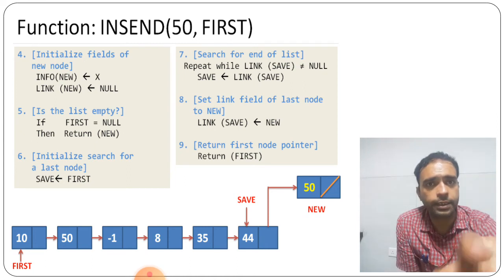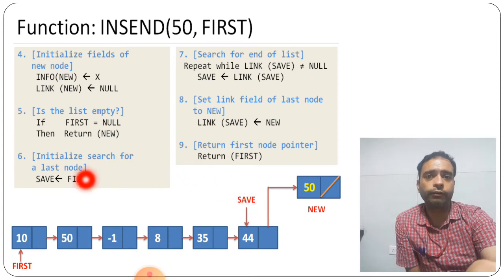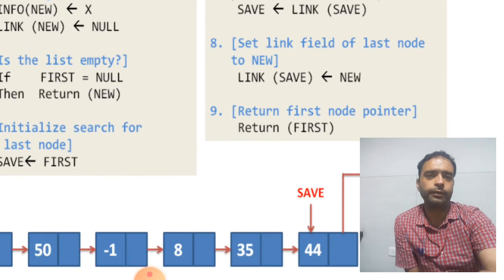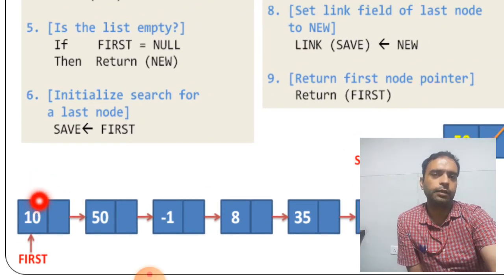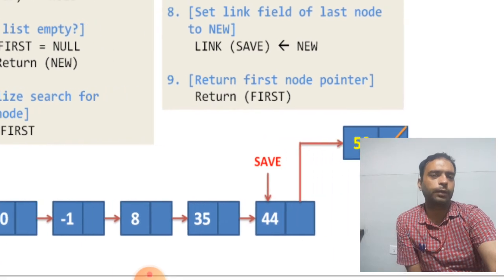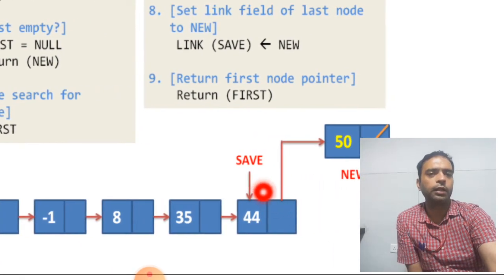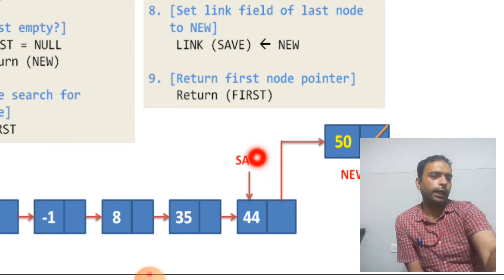अब इसमें एग्जांपल जैसे दिया हुआ है, so here the 50 part is given here. तो सेव कहाँ पे था, सेव पहले स्टार्टिंग में फर्स्ट 10 को पॉइंट किया उसने सेव से. So here the save is pointed by this first, that is 10. Then it will go towards the next with this link, then next next next. कब तक, जब तक उसका सेव का जो नल लिंक पार्ट है वो नल नहीं आता. तो 44 का जो लिंक पार्ट है वो नल था, तो यहाँ पे उसने स्टॉप किया,